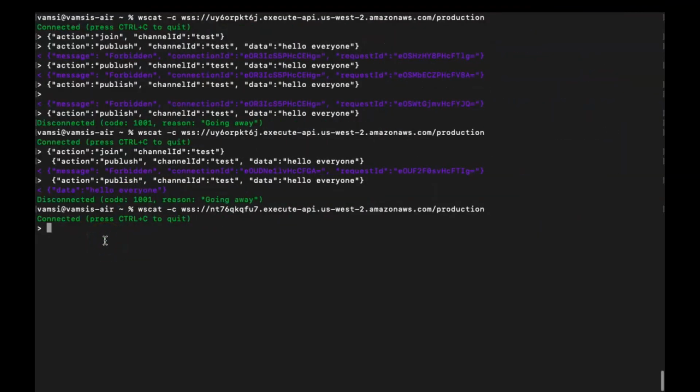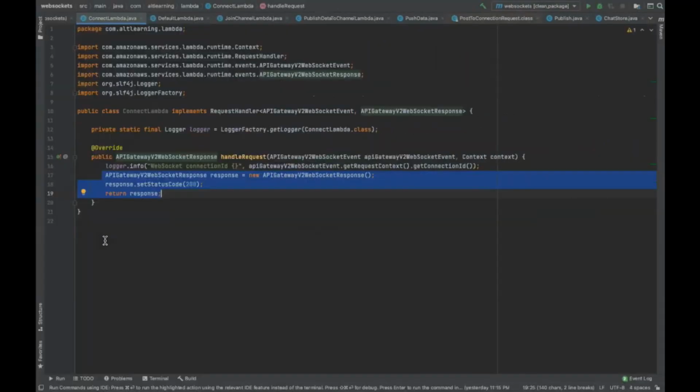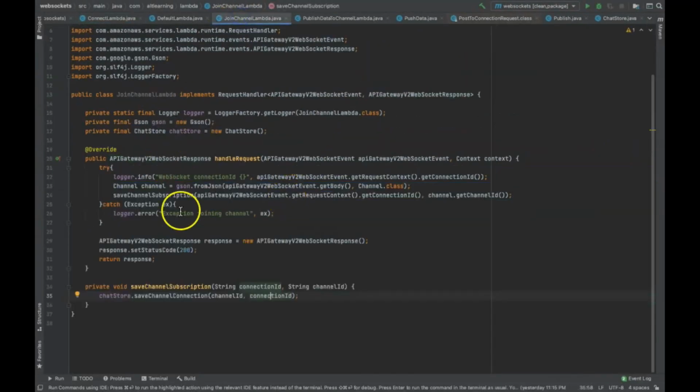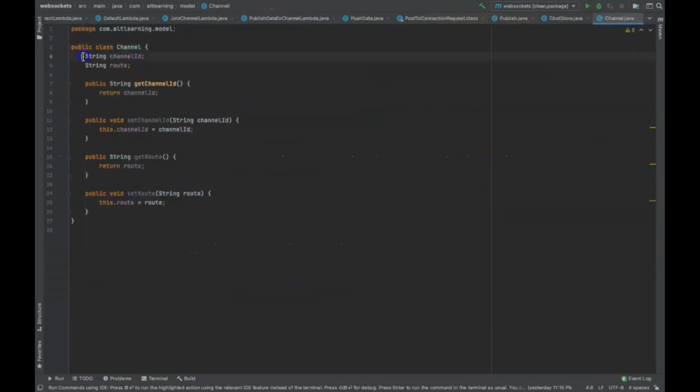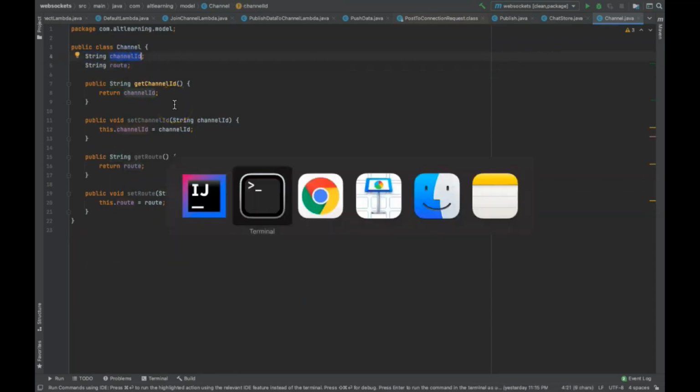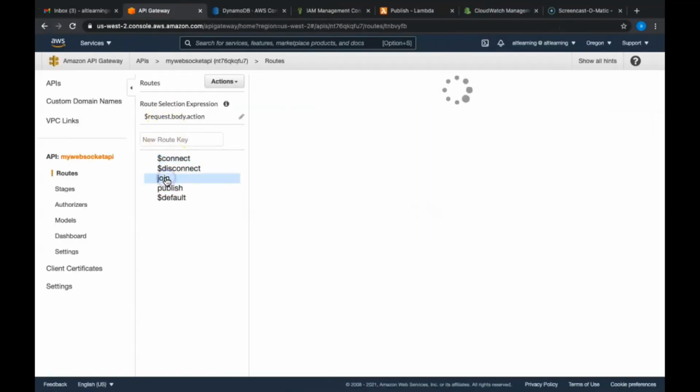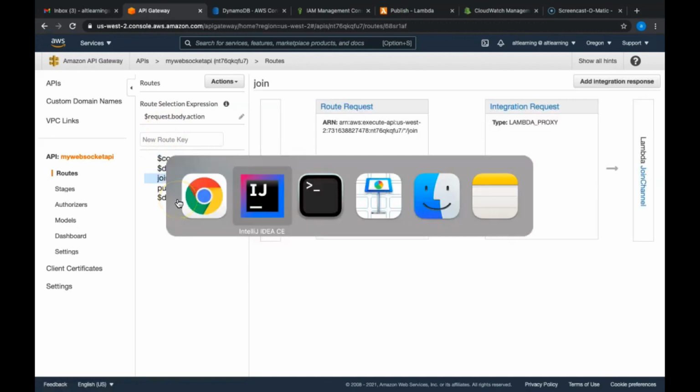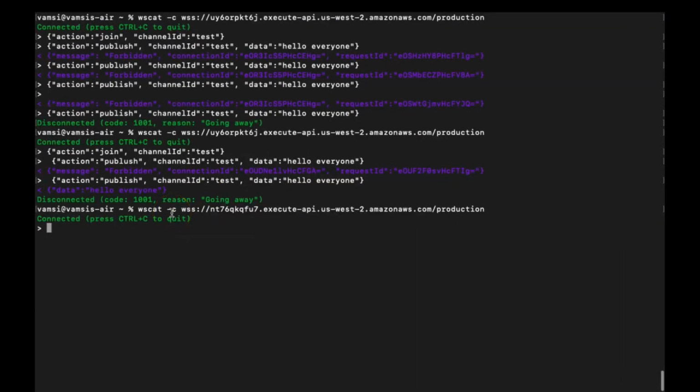Now you want to join a channel, right? So for the join channel, if you look into the request, how it looks like, it should have two fields. One is what is the route in our case, and what is the channel ID, correct? So route would be join, because you want to join a channel, right? How you would do that is action, join, and channel ID, let's give it test1, okay,